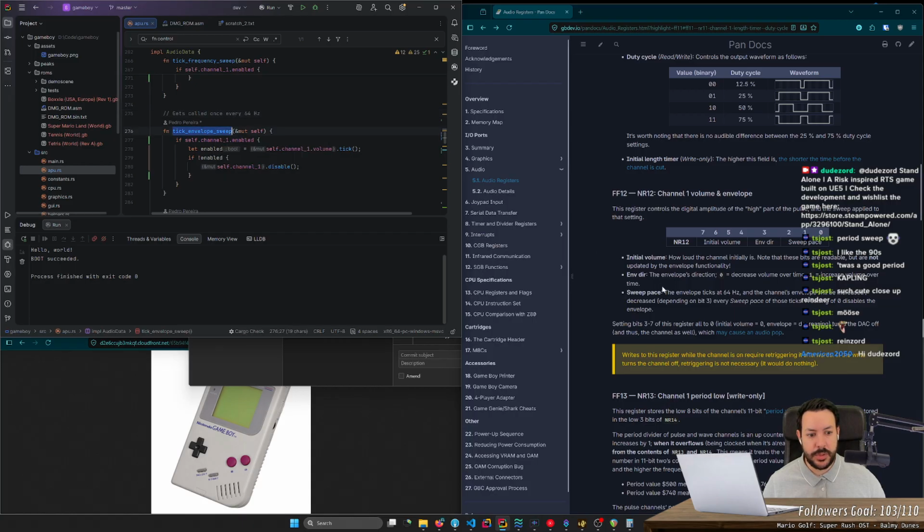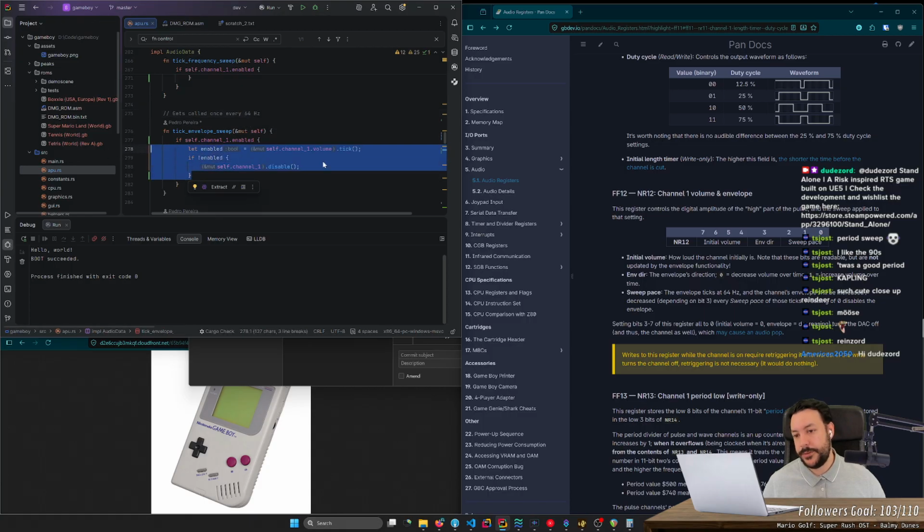I mean, is this proper? The envelope ticks at 64 Hz, and the channel's envelope will be increased or decreased every sweep pace of those ticks. Setting of 0 disables the envelope. Okay, so this should be called 64 times a second. That's what the Hertz means. So this should enter here 64 times.